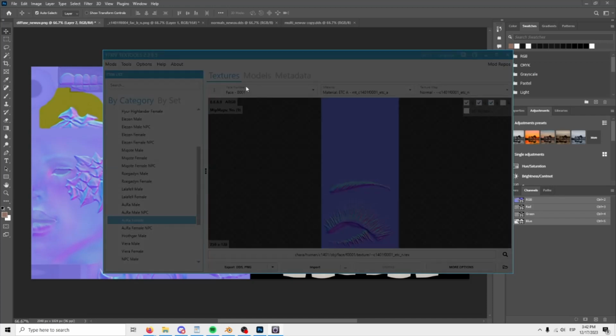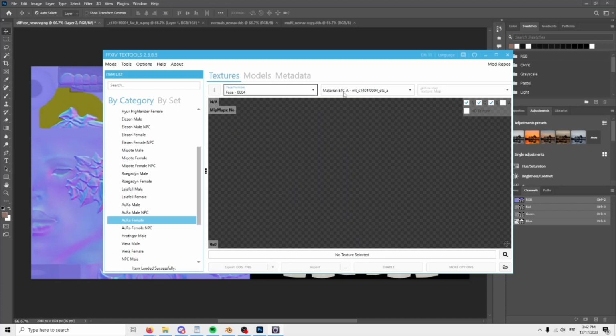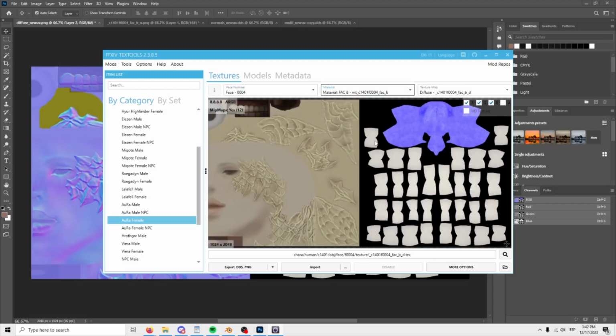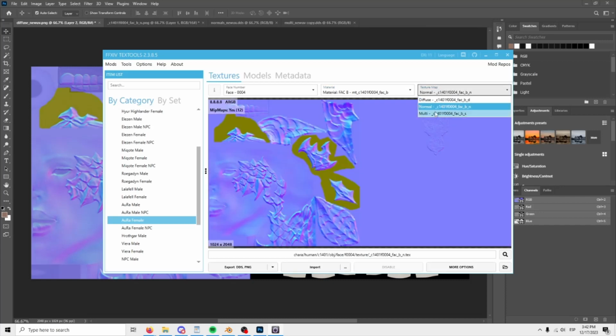So here I already set it up as face B, but you can simply do it as ETC-B if you want, because that's usually the Reaper eyes. So whichever way you prefer, the point is that you have it here and you have a diffuse,